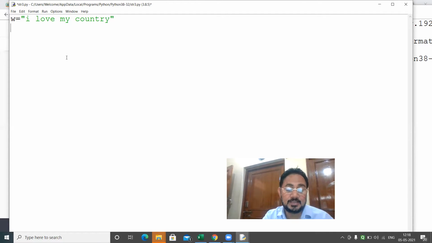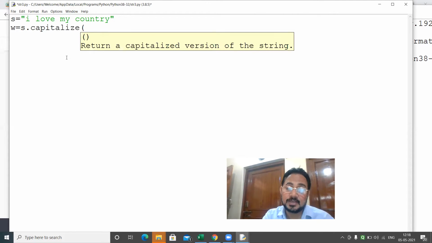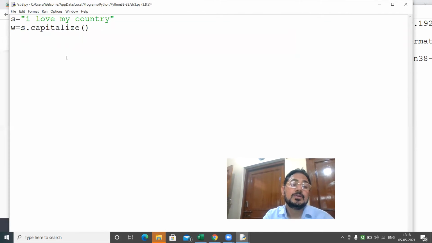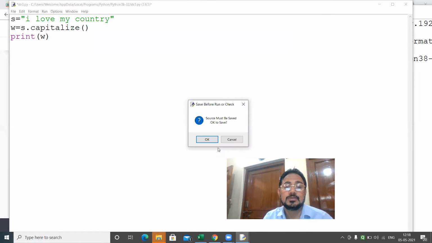And then you write w is equals to s dot, not split this time, capwords. So the working of it is it splits into words and then each word is capitalized. Print. Just see the effect of it. Run.